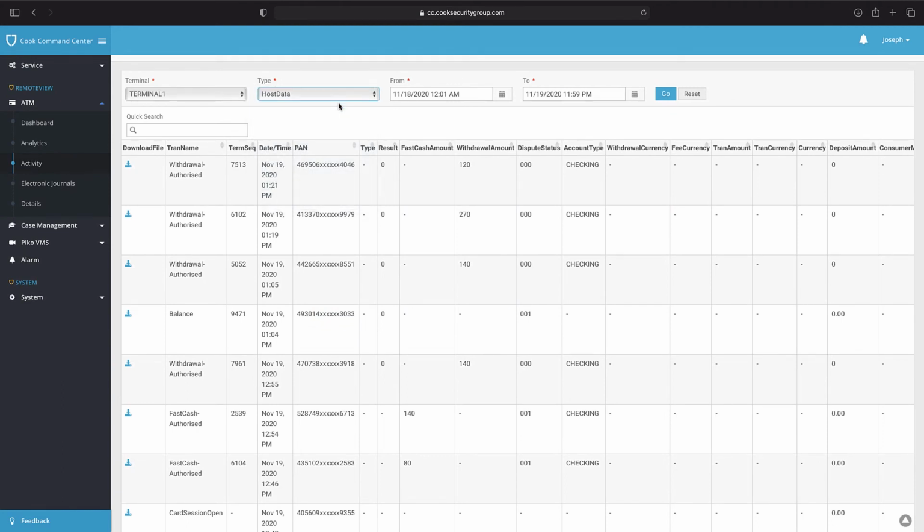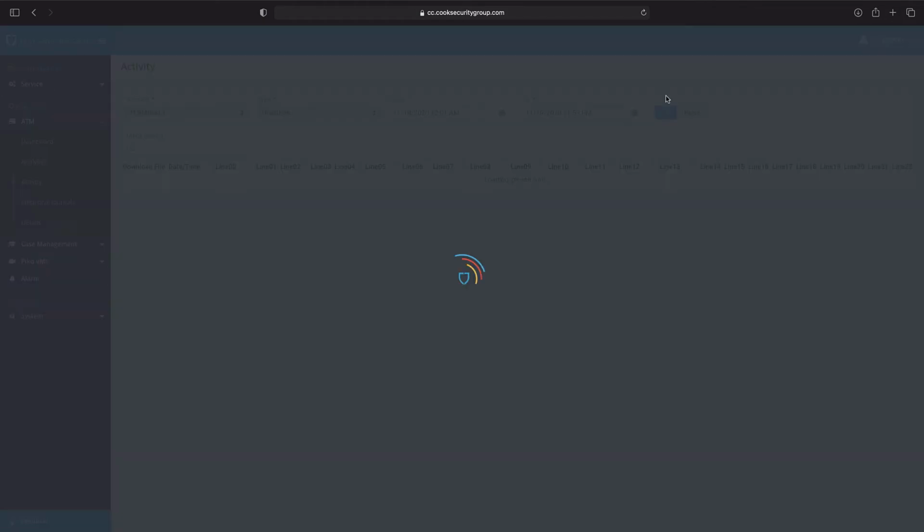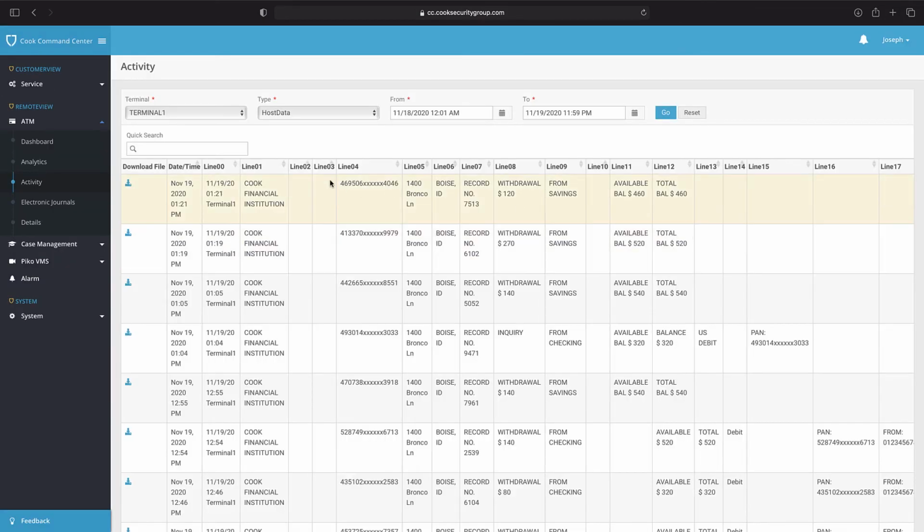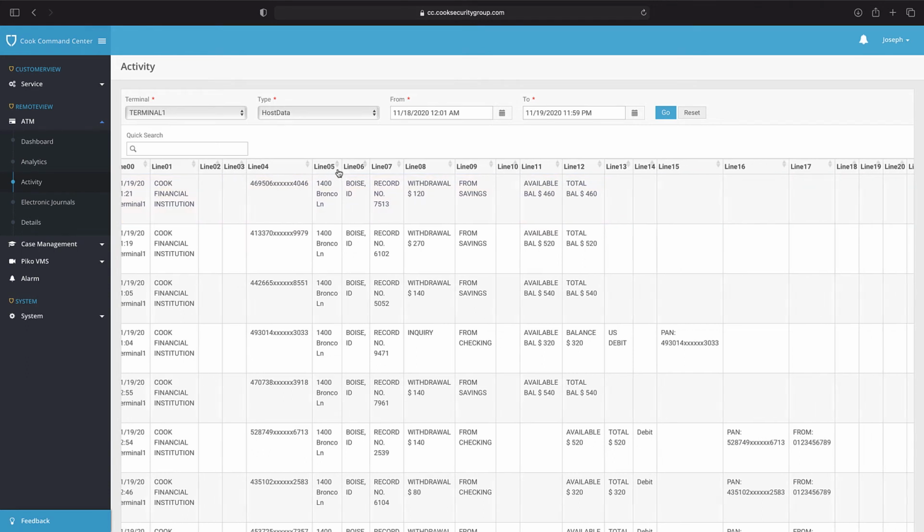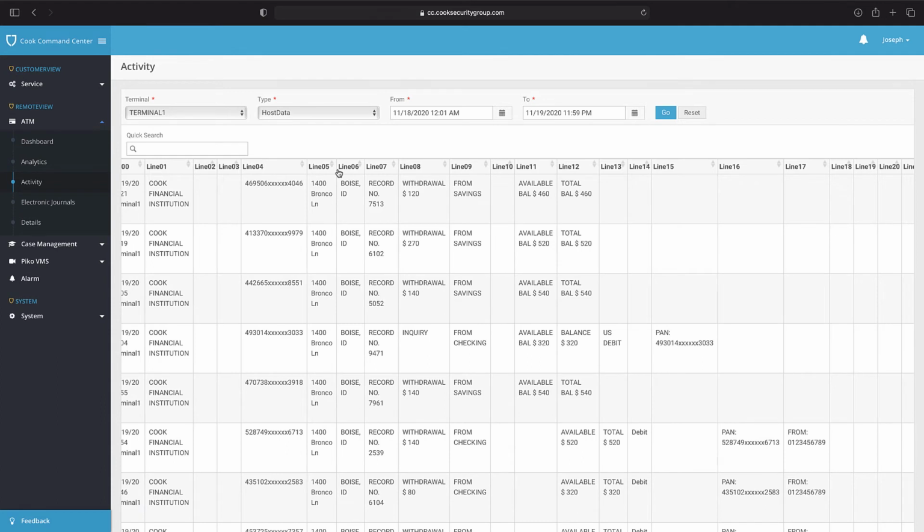Host data is going to differentiate from transactional data by giving you a little bit more information. But what you're going to see is that the information is a lot more generic. So you're going to see a lot more line items up at the top. Rather than individual tasked out lines, you're going to just see lines. So it's going to be generic, but you're going to be able to put 2 and 2 together by knowing,